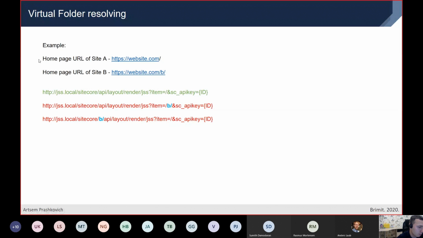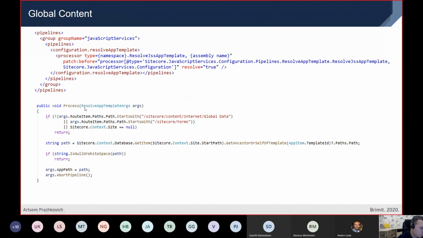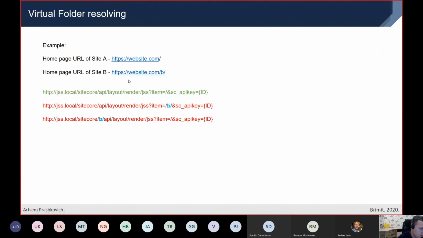And when you just try to request the homepage from website.com, it will work fine. But if you add the virtual directory to the layout service request, it will respond with the 404 error because